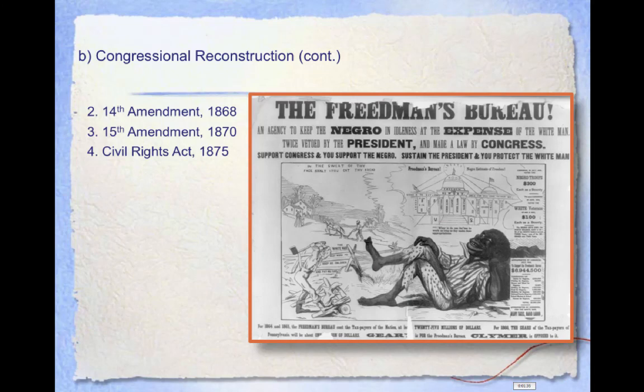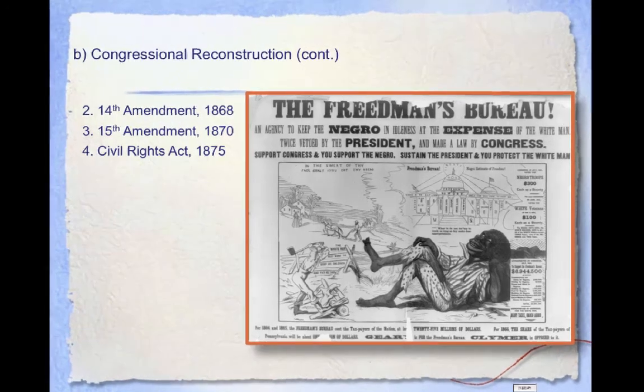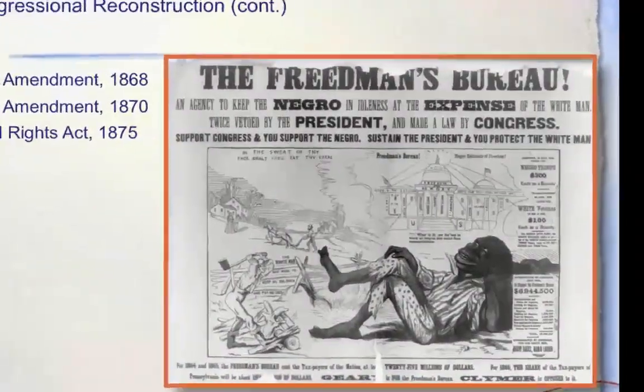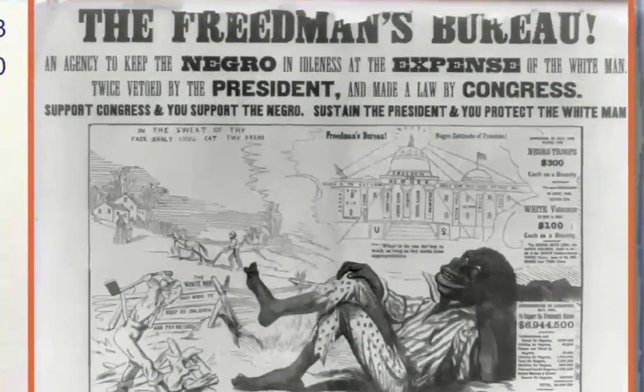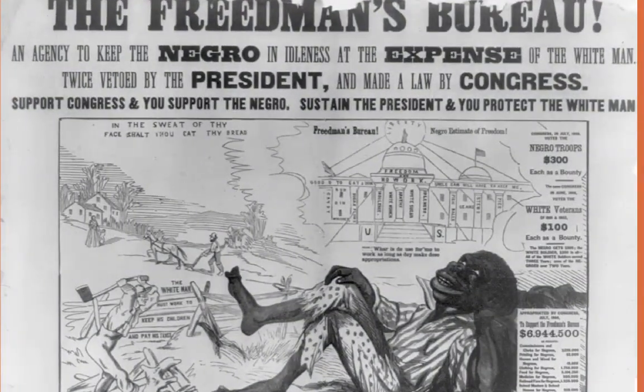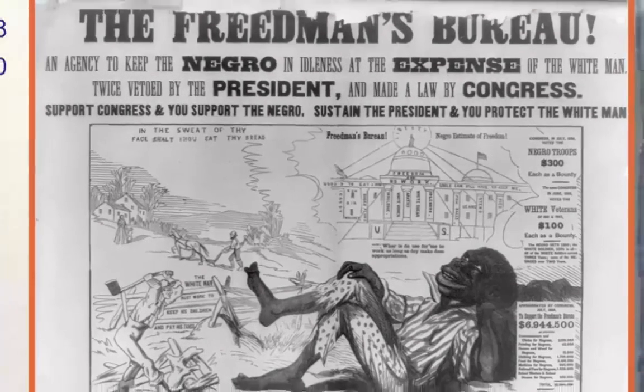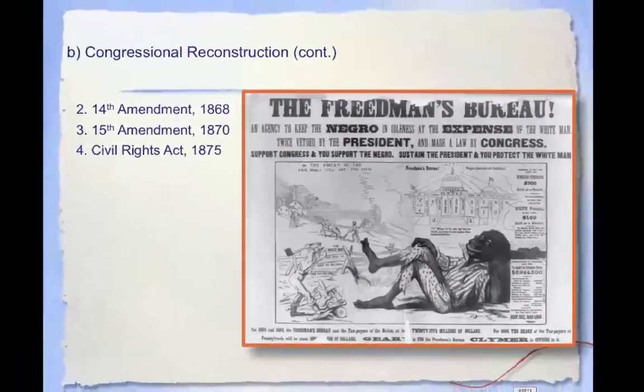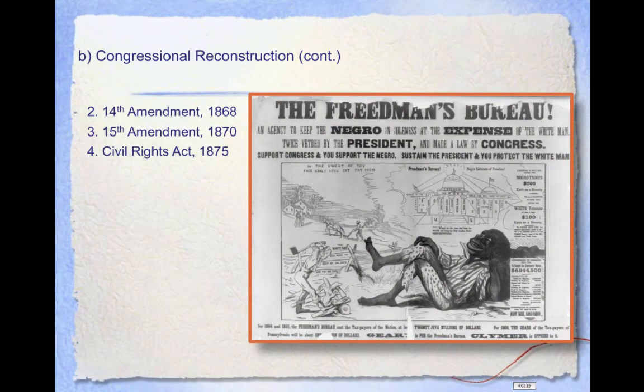Congressional Reconstruction was idealistic, but following through on its promises proved difficult. Passage of amendments and laws were pushed by the radical wing of the Republican Party. They took control of Congress partly as a result of the actions of Andrew Johnson, but most of the nation was uneasy with fundamental social change. The image on the screen provides a picture of how many in the North viewed Reconstruction. In addition, Congressional Reconstruction was costly. Federal troops were needed to administer and implement freedmen's rights. Many soldiers died trying to enforce laws on white Southerners who rejected Union rule.